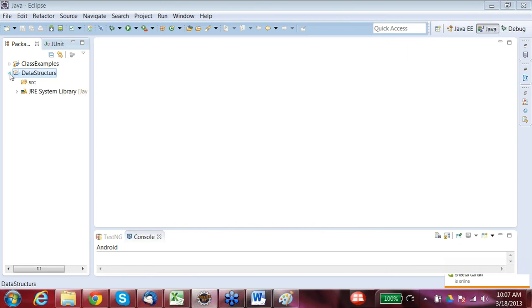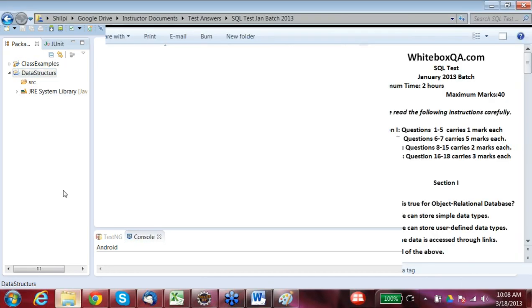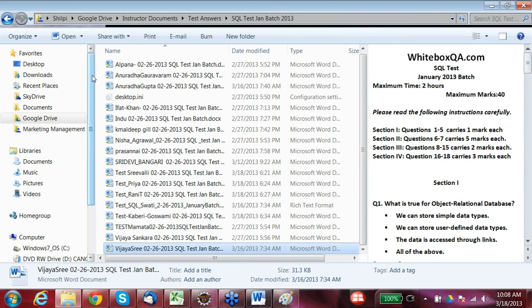Now, if you expand this, when you create a project, it automatically creates some kind of folder, or you can say a directory structure. When you start your Eclipse, it always asks you where you want to store.